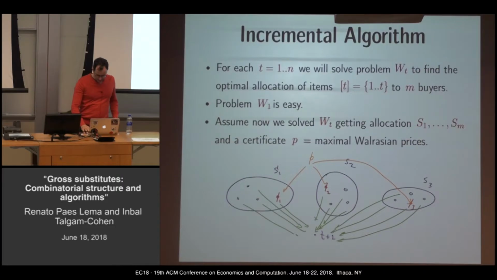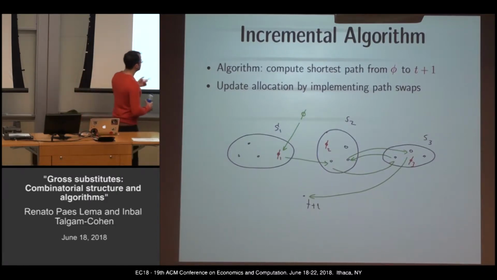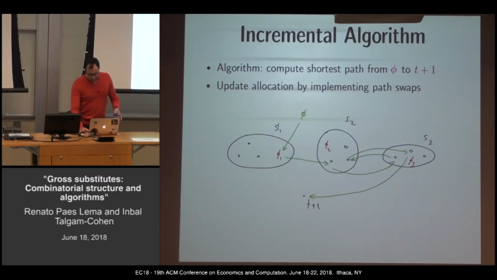It's good. And what I'll do is just compute shortest paths. So the shortest path from the dummy item to T plus 1, let's say that's the shortest path. So the algorithm will just take the advice of what the shortest path is doing. Actually, maybe we should have said something. If there is a single shortest path, you should use the shortest path.